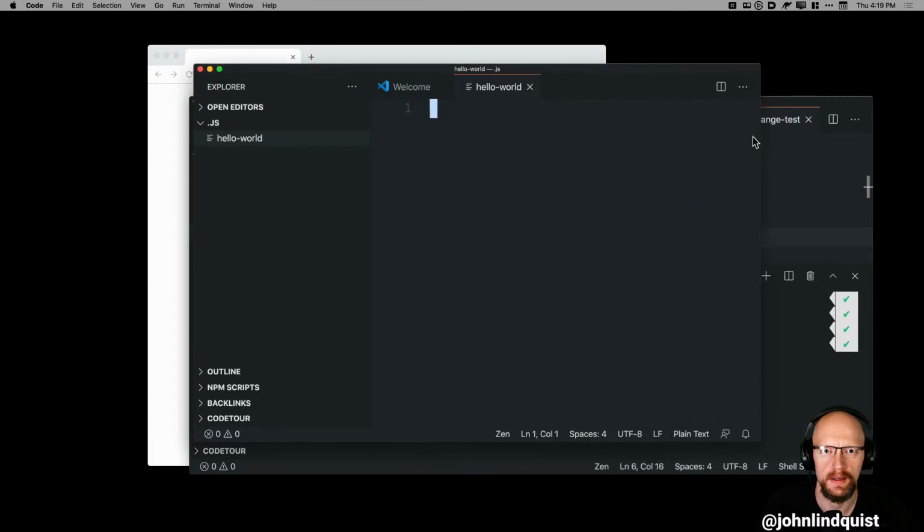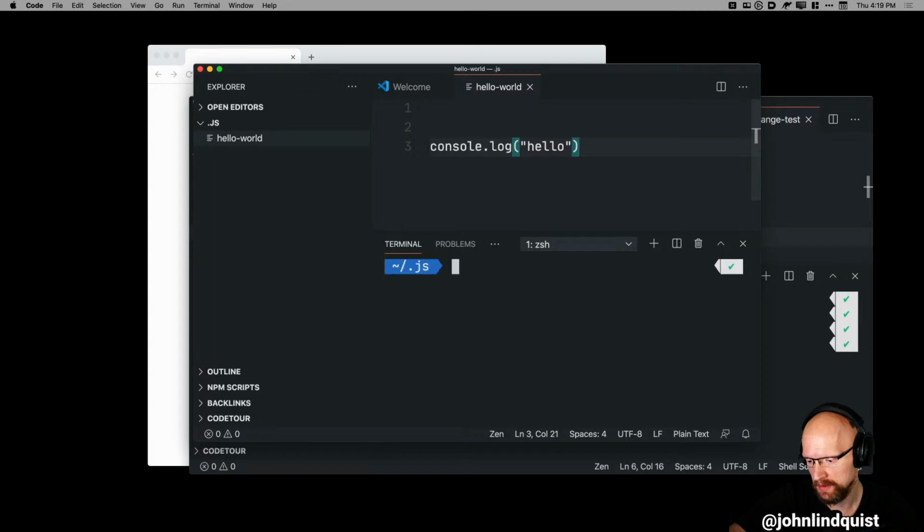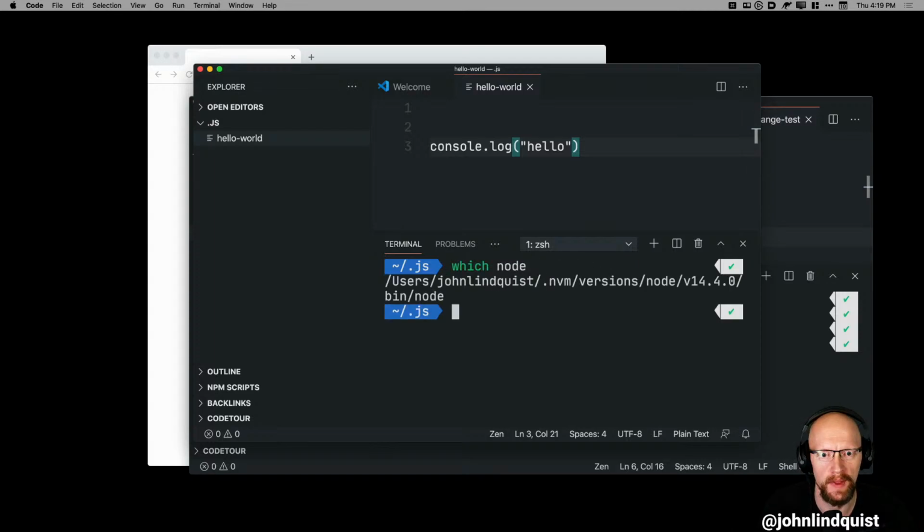And if I write just JavaScript in here, it's not going to work. What I have to do is mark this as a file that will be executed by Node, meaning that if I open my terminal here, I can check where my node is. So if I say which node, that means it's here. And if I which node and pipe that into pbcopy,